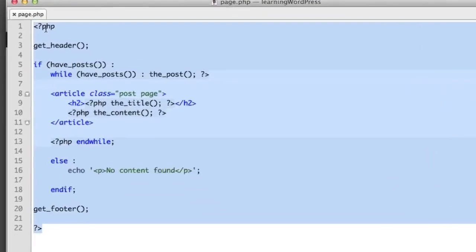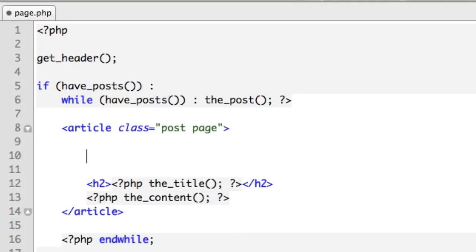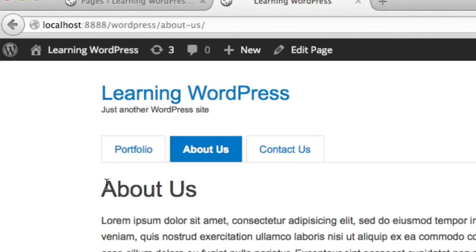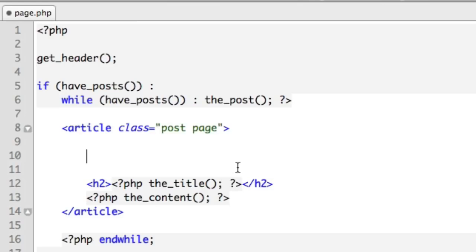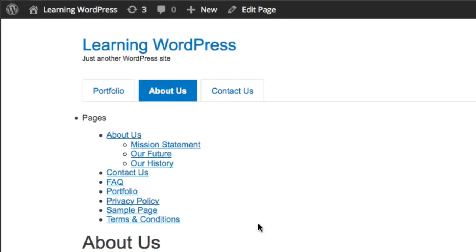So let's take a look at our code. In this case, we're working with the page.php file in the theme folder, and we want to add a bit of code right before the title, so right above this title. So the new code that we will add looks something like this. Drop into PHP. We want to use a WordPress function named wp_list_pages. If we refresh, we can see that a list of every page on the website is being output, which